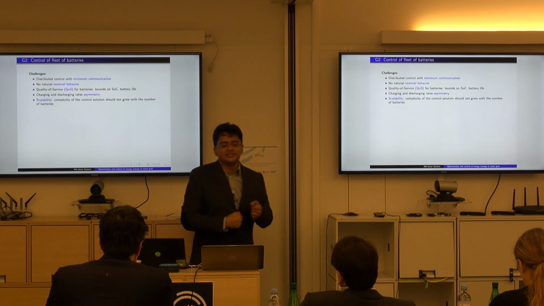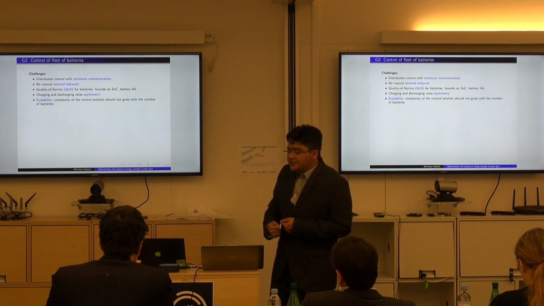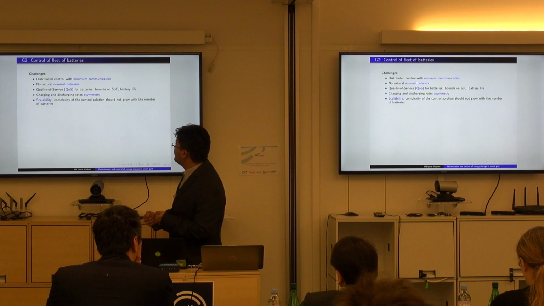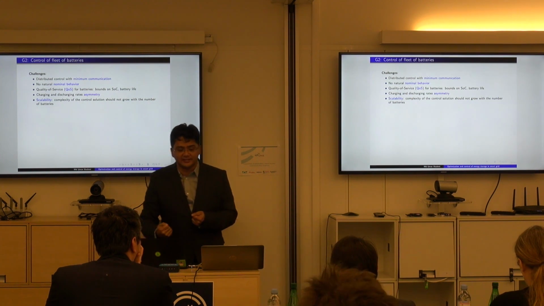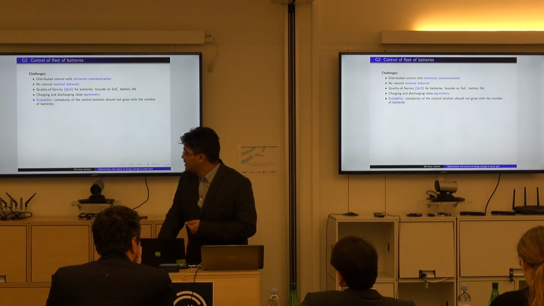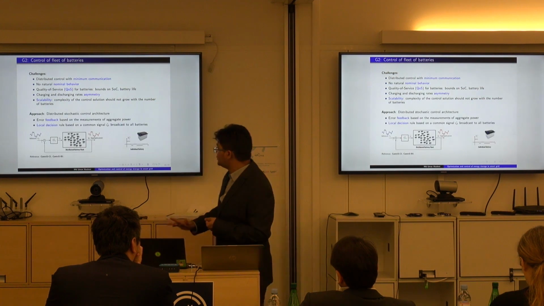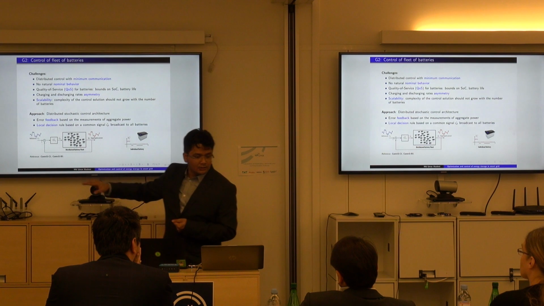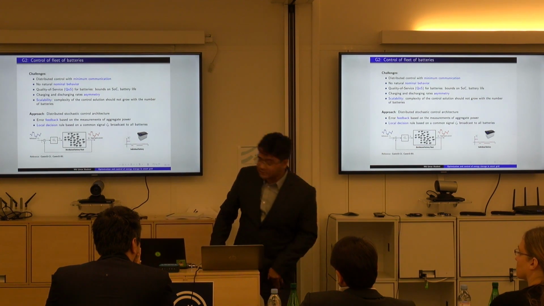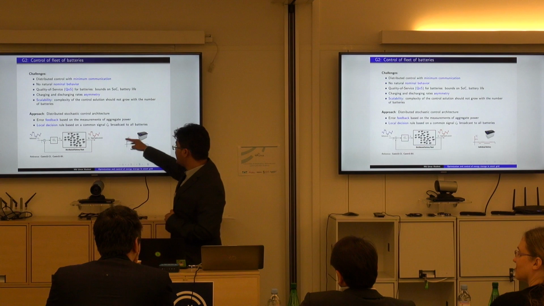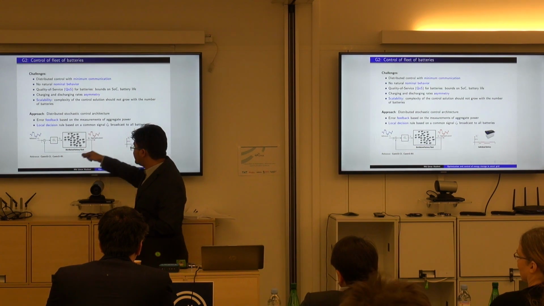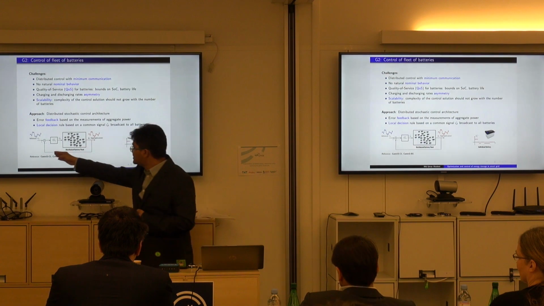And how do we deal with charging and discharging asymmetries, and will the solution be scalable, or will it depend on the number of batteries in the fleet? What we observe is that we can have a dual loop control system in which the outer loop takes into account the aggregated behavior of the fleet, and from the centralized control signal